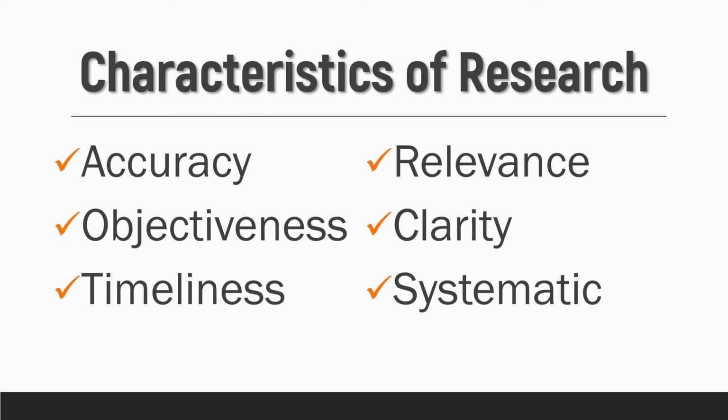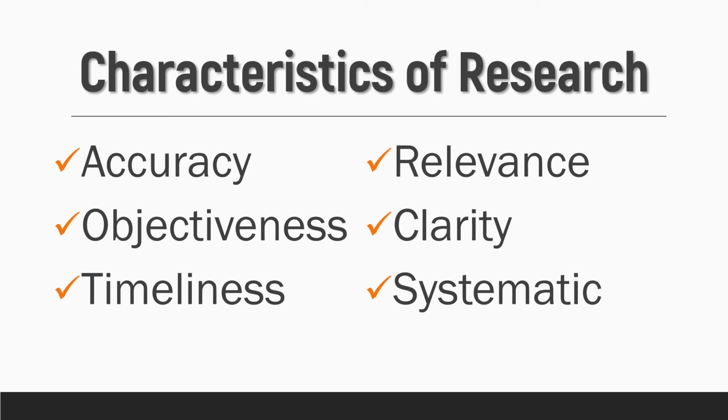Now, when we say clarity as a characteristic of research, especially in our language, we should be able to use language in a clear manner when writing our research. Remember that research writing is academic writing. When we say academic writing, you are not using figurative language. You are not using flowery words. You are not using figures of speech. Instead, everything should be direct to the point. Everything should be straightforward. So, as much as possible, we use familiar words.